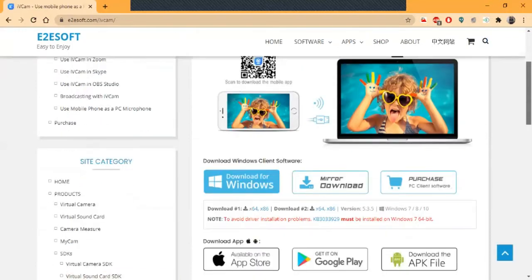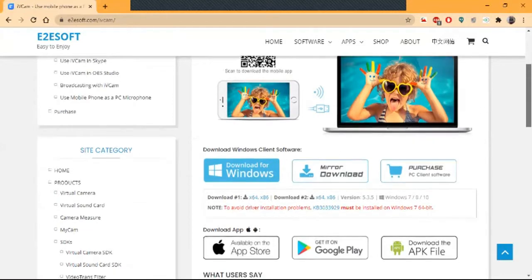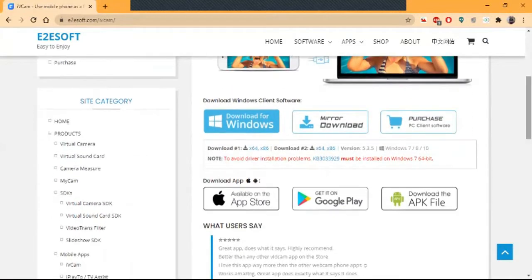Yes, this is the website, and here is the option for the download. If you want to download this, then click here. You can also download the APK file for your mobile. I've already shown you how to download the software through the Google Play Store. This software is also available for the iPhone.